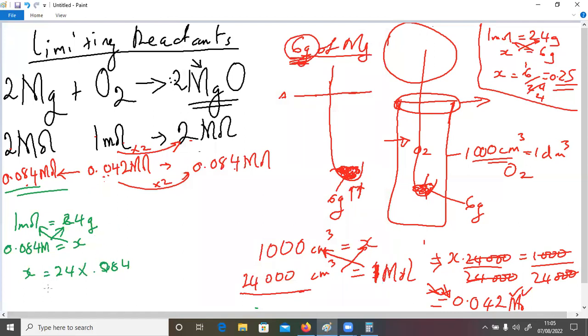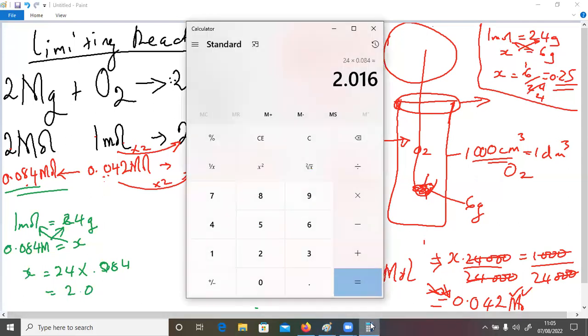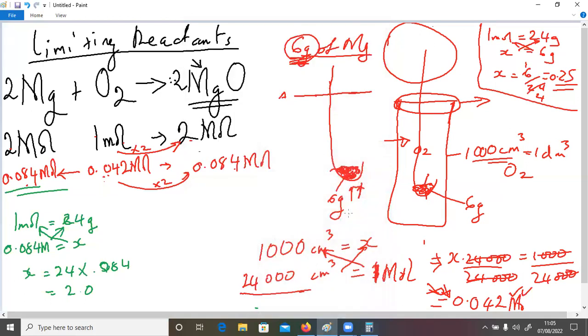So this one is coming to 2.0. Is it 2.01 or 2.02? Two decimal places: 2.02 grams. So out of the 6 grams, we'll use only 2.02 grams of magnesium strip, and therefore at the end of the reaction we have some